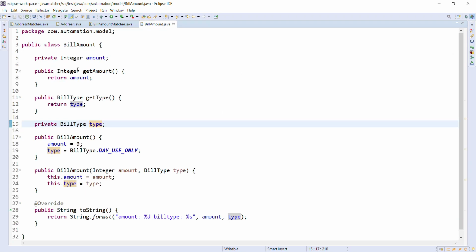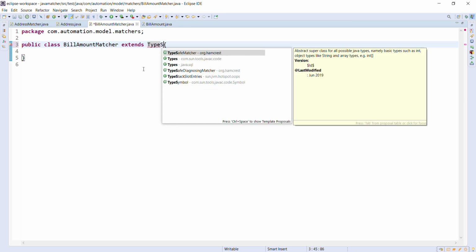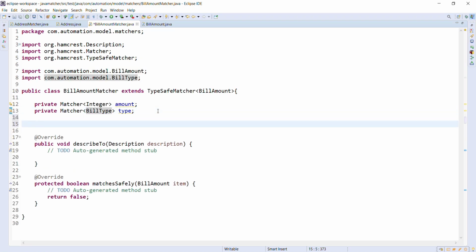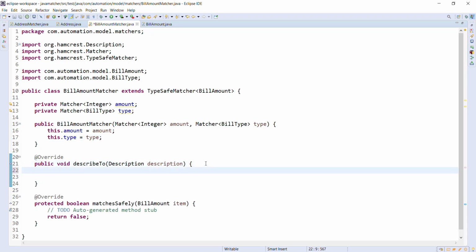So I will follow the same pattern. I will create these two properties in our matcher. Then we will create the constructor to initialize these two properties. Then I will provide the implementation for this method.